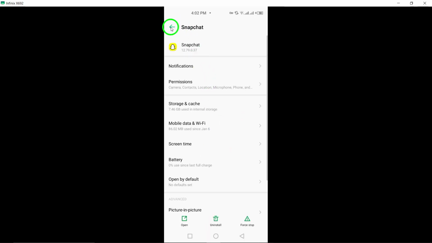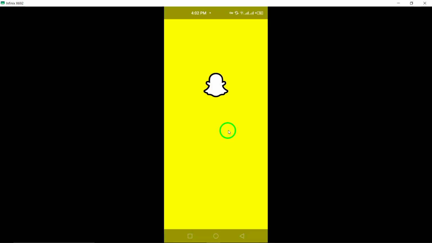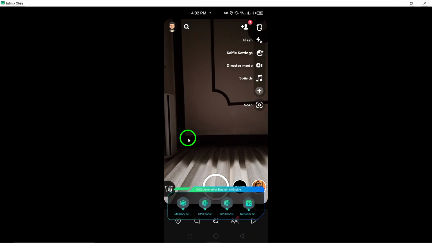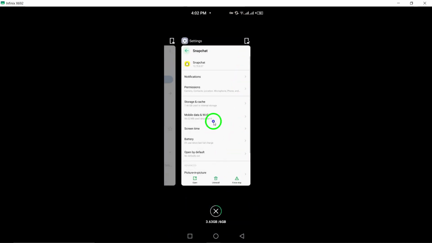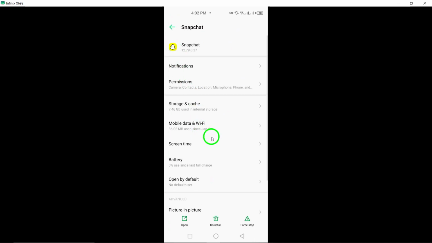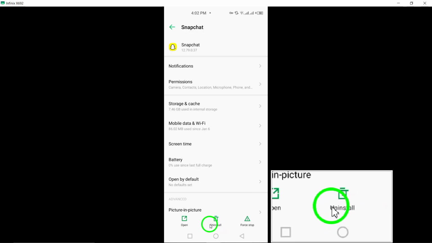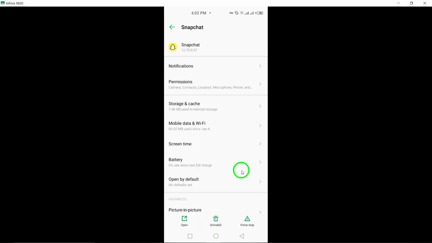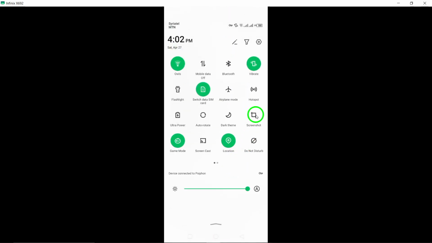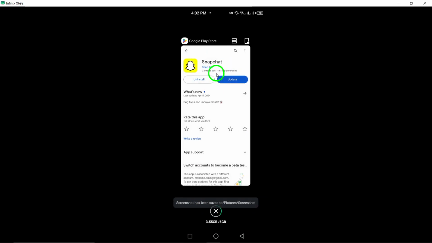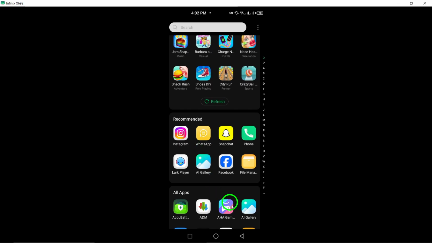12. Try a different device or tool. If possible, try accessing Snapchat from a different device or tool to see if the issue is specific to your current device. 13. Uninstall and reinstall the app. As a final troubleshooting step, consider uninstalling and reinstalling the Snapchat app to start fresh and potentially fix any persistent issues. By following these steps, you can troubleshoot and fix Snapchat app not working